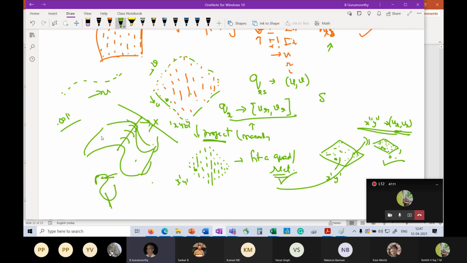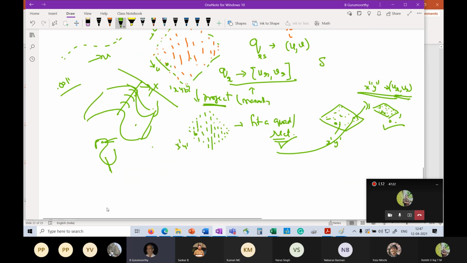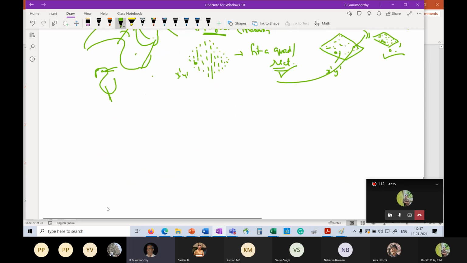Okay, so that's where we are as far as the surfaces are concerned. So let me now stop for a minute and ask a question to you folks, that with whatever we have done so far, are we in a position to represent all surfaces that you are likely to encounter? Or is there any surface that you cannot represent with the techniques that we have talked about so far? Any thoughts?